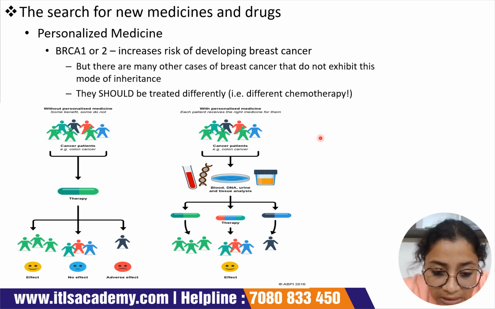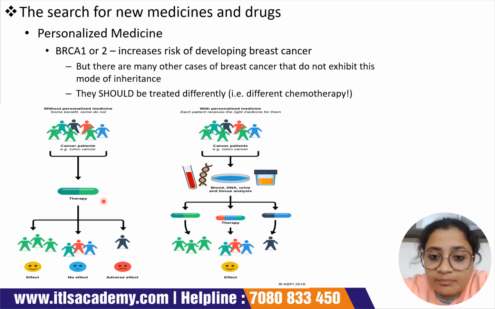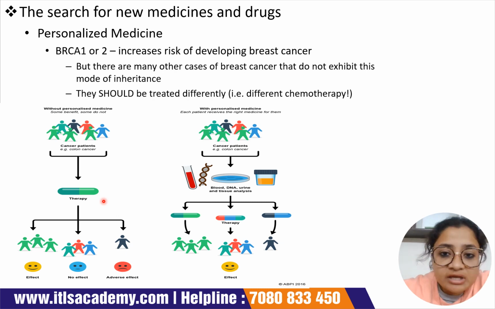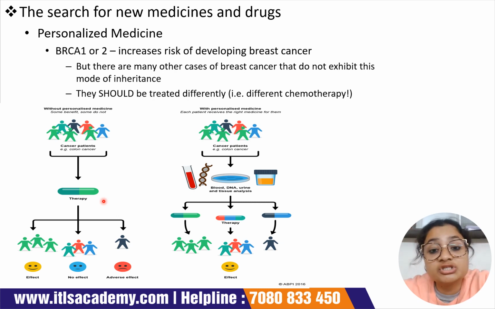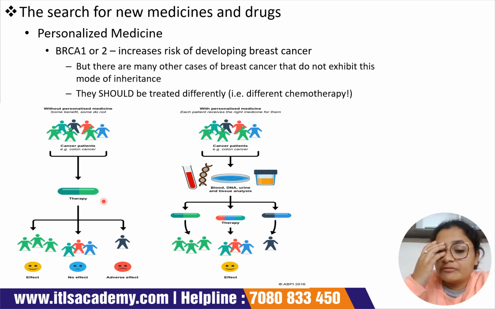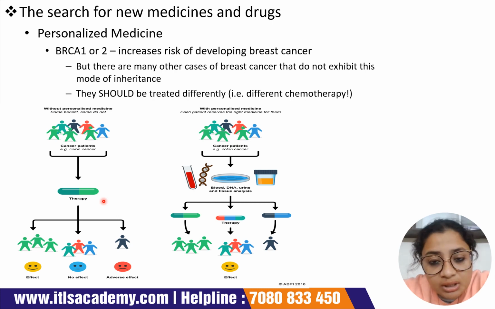Okay, so we are seeing that if we carry out the same chemotherapy, chemotherapy means cancer therapy, a particular type of cancer therapy. Some cancers need oral chemotherapy, some need IV chemotherapy, depending on the dosage of the drugs, depending on which type of drugs we are using, and also depending on the condition of the patient, how much the cancer has spread inside the body of the patient. So these are several factors that we need to think about before deciding whether to go with oral chemotherapy or IV chemotherapy. Also there can be radiation therapy, and there can be surgical options for cancer treatment. Okay, so here we are mainly focusing on chemotherapy, as we are talking about personalized medication.